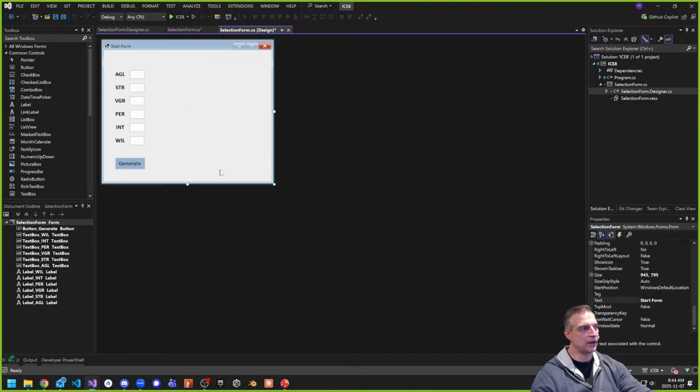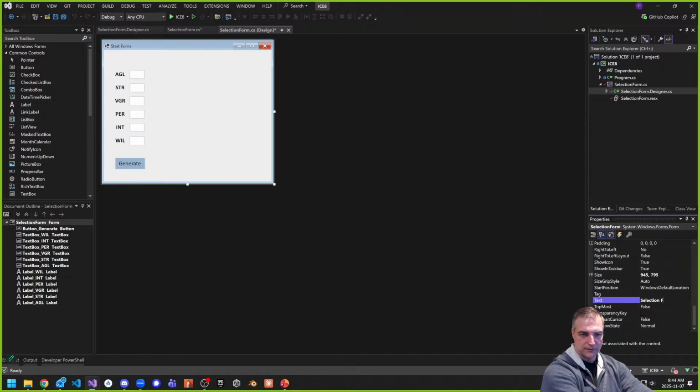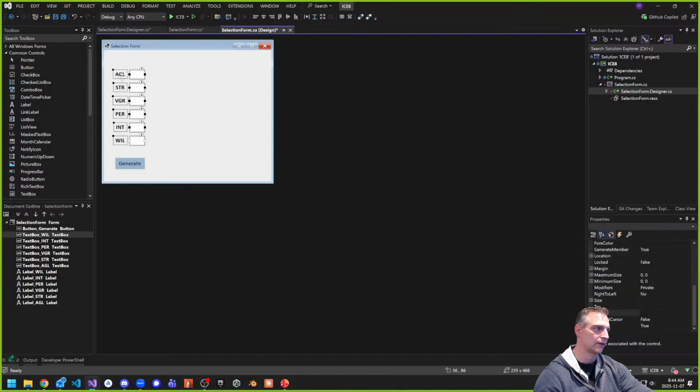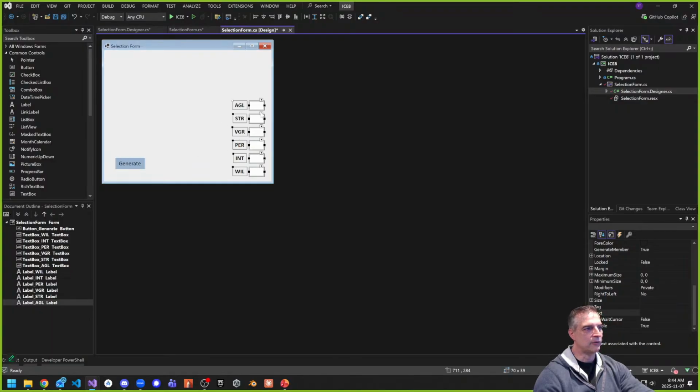All right, so I want to change the form title here to my new form, selection form. So this is my new form now, my new project. So here it is, selection form. You can see that this title changed, and I want to reorient all of these variables here and my text boxes. I want to reorient them inside of a container. Okay, so that's what I want to do. So first of all, let's move this around. I just want to move this over here for now, right? And what I want to do is reorient these so that instead of horizontal, I want them to go